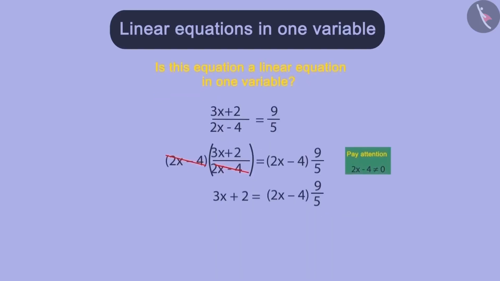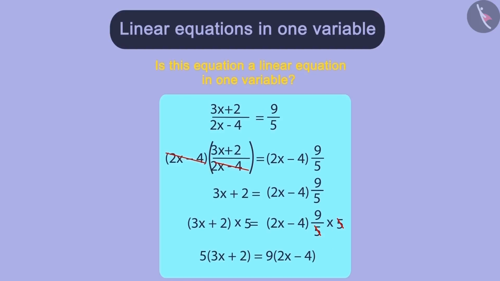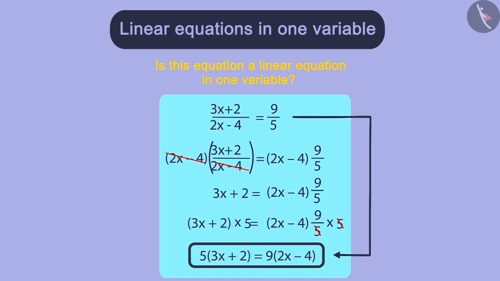Now, after multiplying both the sides by 5, we will get the equation. So note, we have already seen many such types of equations in the previous sessions. This is a linear equation in one variable. Now look at these steps very carefully. Do you think we could have arrived at the equation in just one step? Let us see if this can be done.